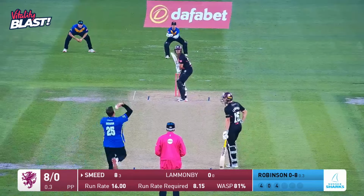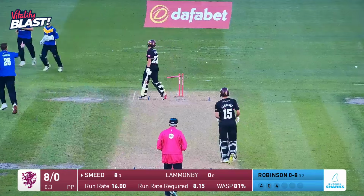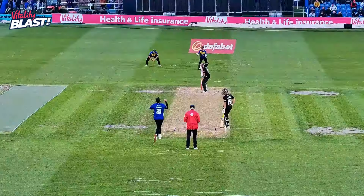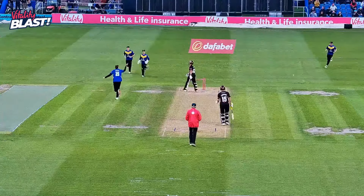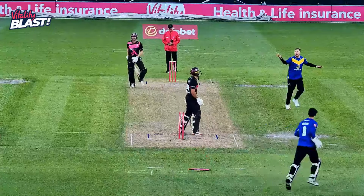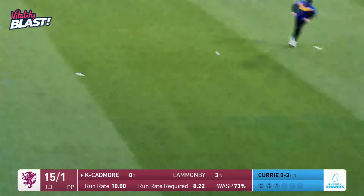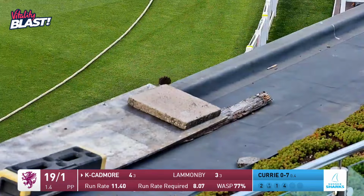Robinson to Smeed. Oh, he's bowled! Knocked his off stump out of the ground, brought one back into Will Smeed. And Robinson absolutely elated, being engulfed by his Sussex teammates, and well they might, because that's a big breakthrough for Sussex. It's edged and it's going to beat the short third man fielder and go to the boundary for 4. Now, if there'd been a slip there,